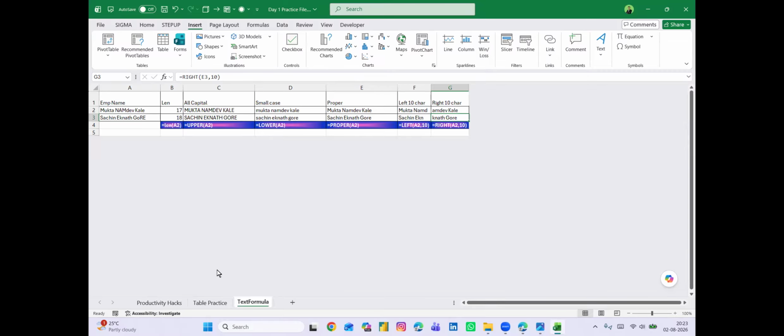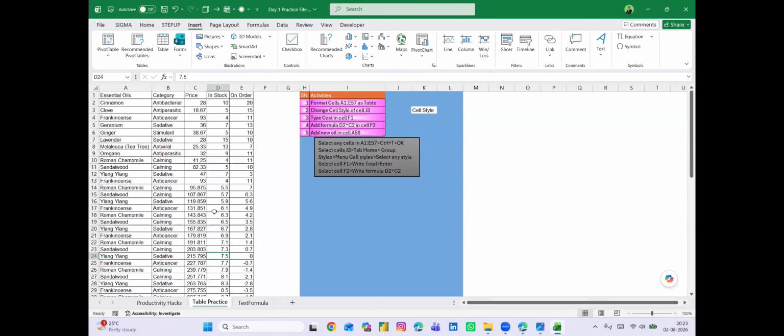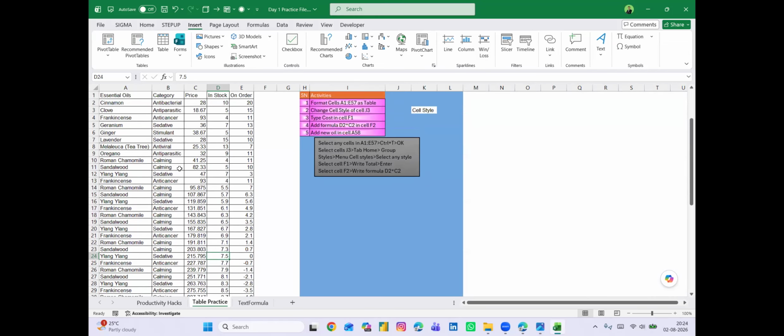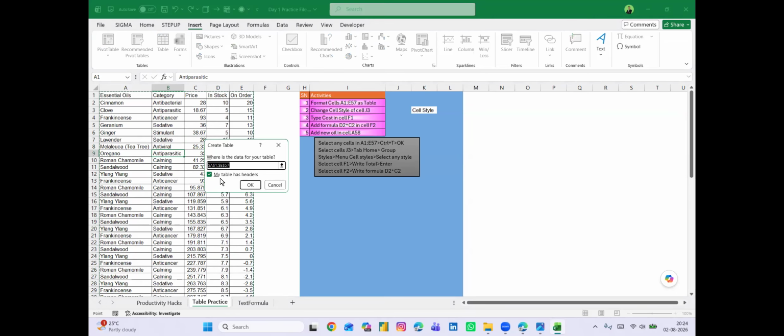Now the third thing, we'll learn table. So I will go to this table practice sheet. You will receive this file on YouTube. When I upload the video, you can go to the description and download this file and practice it. So now this data is not a table. Those people who don't know table will say this is also a table. What is the difference? But in Microsoft terms, this is not a table. So I need to convert this into a table. So you can select any cell in this data and press the shortcut Control T. Control T. So now it asks,